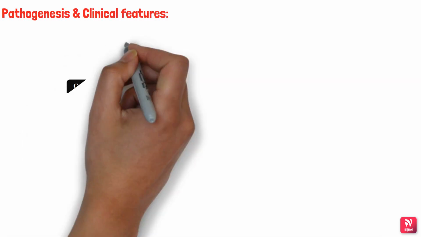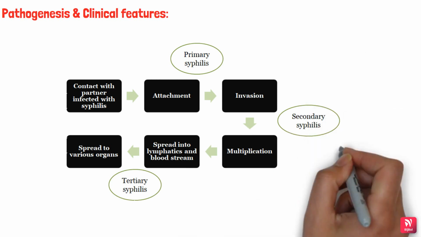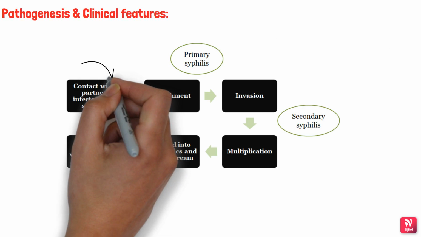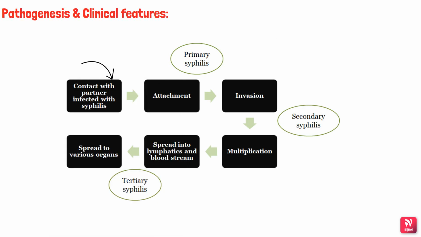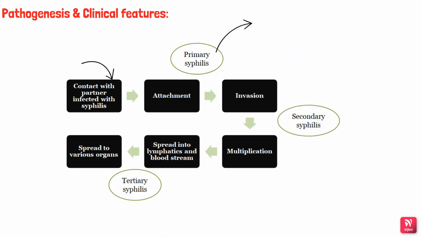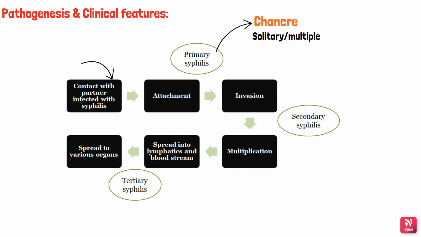So let's discuss the pathogenesis as well as the clinical features of all the three stages. Whenever there is any contact with a partner infected with syphilis, there will be attachment of the bacilli at the inoculated site, resulting in primary syphilis. And the lesion in primary syphilis is called a chancre. Most of the time this chancre will be solitary, very sometimes it will be multiple, and